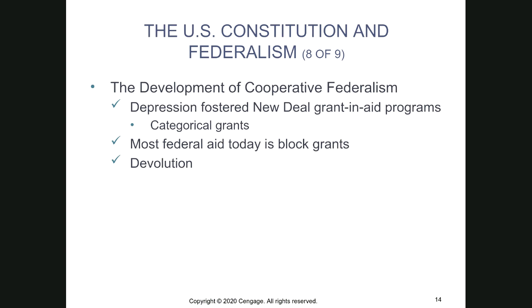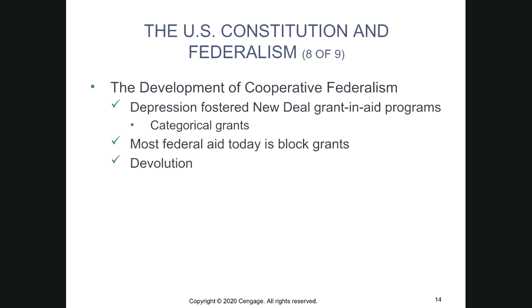So the Depression also helped foster those New Deal grant and aid programs. What's meant by this is the federal government basically started handing out free money. So if any of y'all are on Pell Grants, think of it like that, right? A grant is the best type of money. It's where somebody else gives you money and you don't have to pay it back. So this is what the federal government was doing during this time.